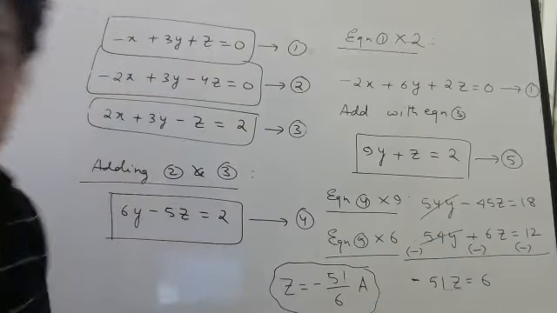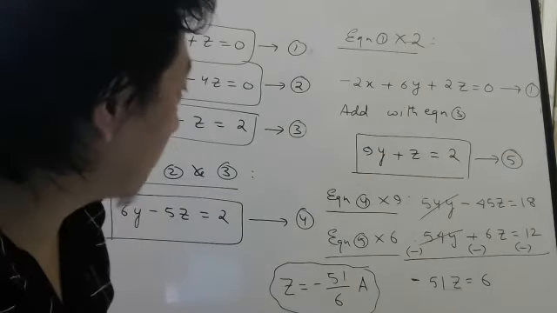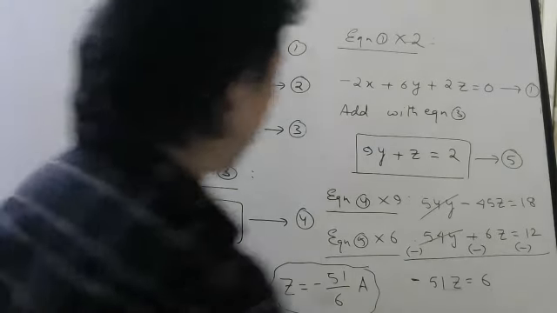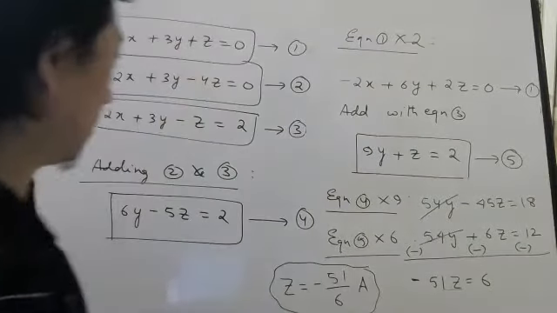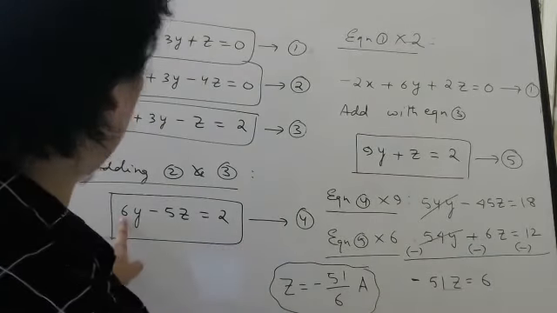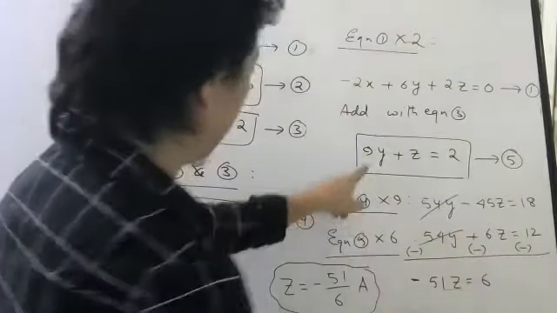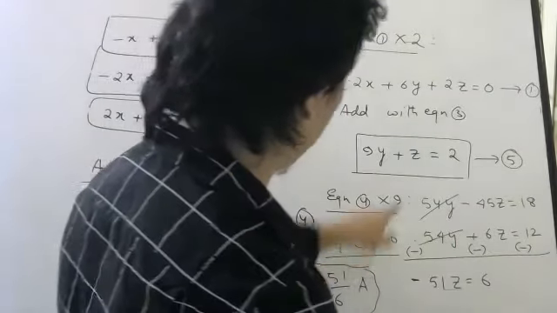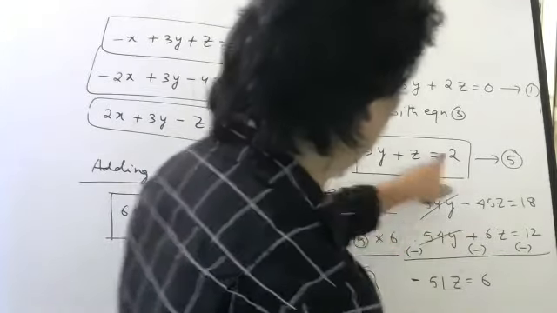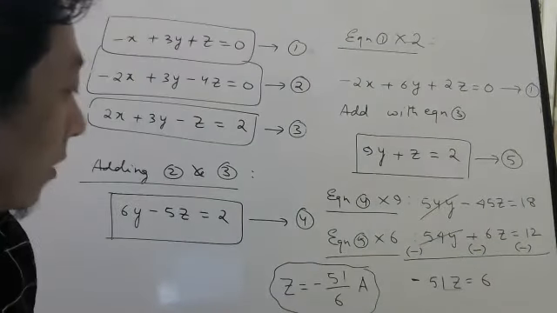So this is the current through the plus 45z. Oh, I wrote 54. Where? Equation 4 into 9, 9 6s are 54, 9 5s are 45, that is correct. Then this with 6, 6 9s are 54, 6 1s are 6, 6 2s are 12. Correct only? Correct only. So this is your answer.